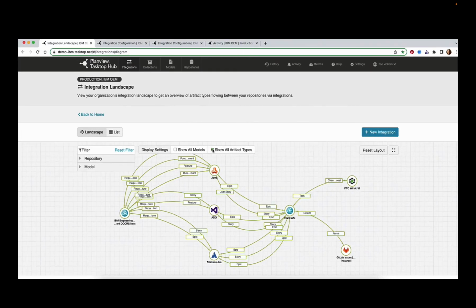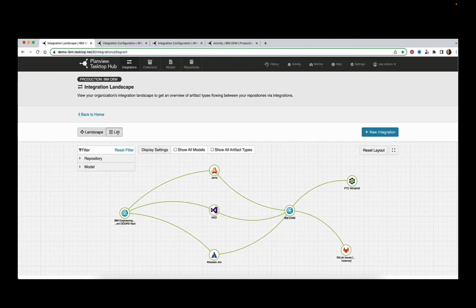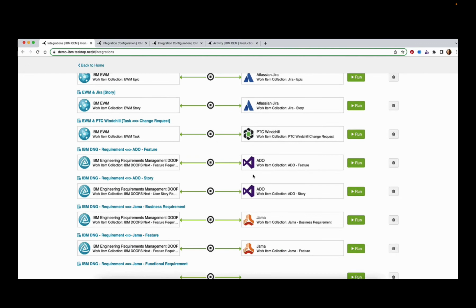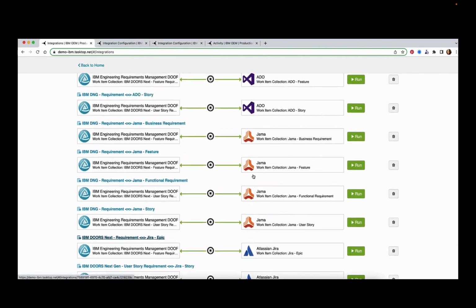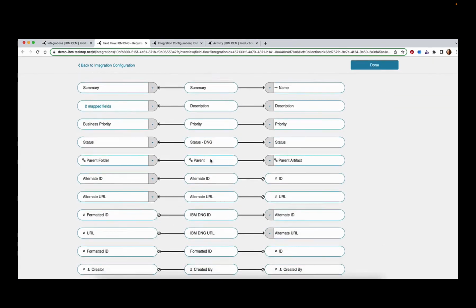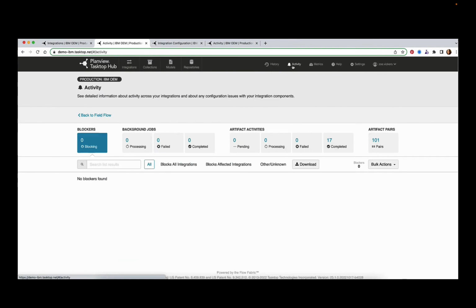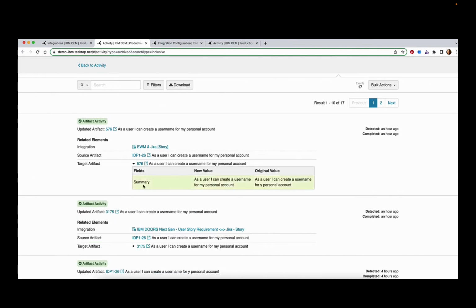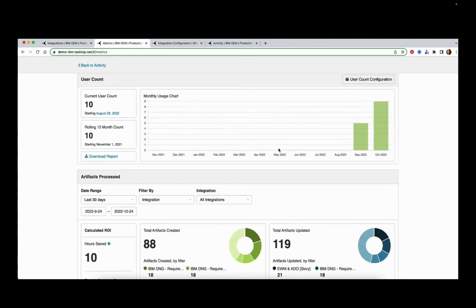This integration was brought to life through IBM Engineering Integration Hub's clear and intuitive administration UI, one place from which to rule all your integrations. You can configure precisely what flows and how it flows with maximum reuse thanks to models. And you can easily monitor the activity of your integrations and view metrics on just how much manual effort you